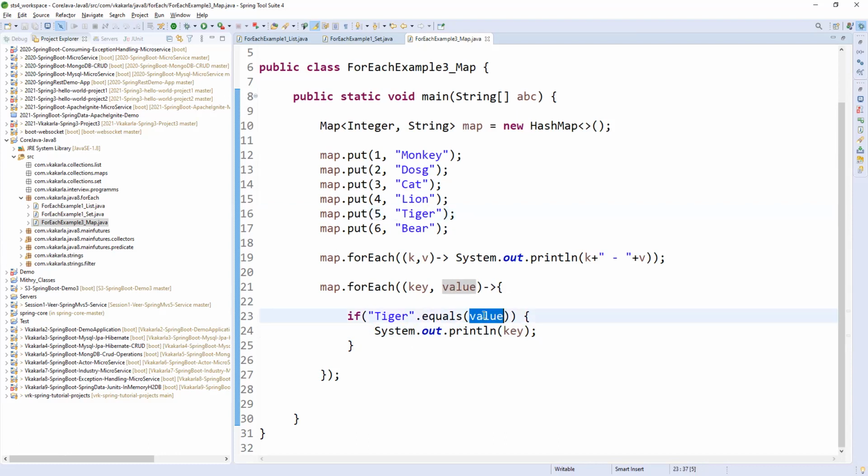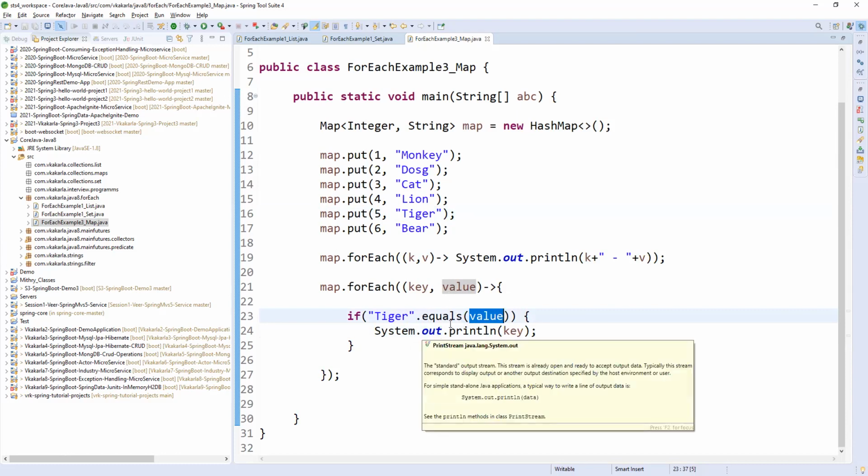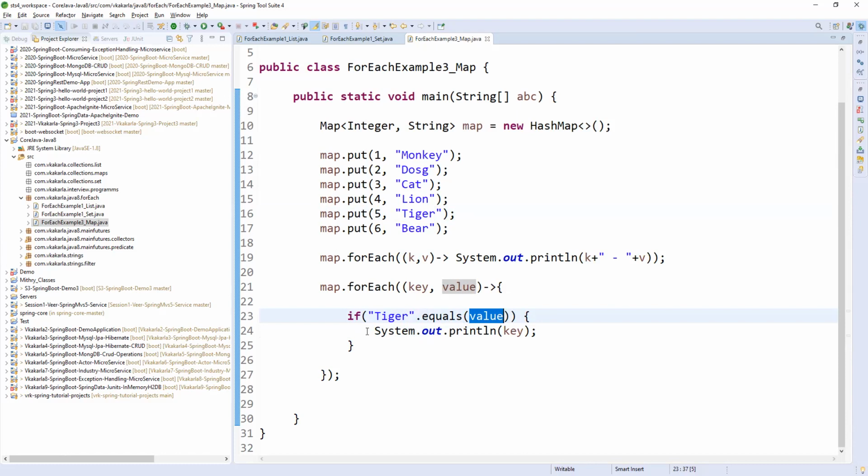If it is equal, so now the key and value are coming. We have the key and values. In a particular iteration, the fifth iteration, we have tiger and key. So simply we can print the key. So each and every iteration we will have one key and one value. So when we come to tiger, we can print the key like this.